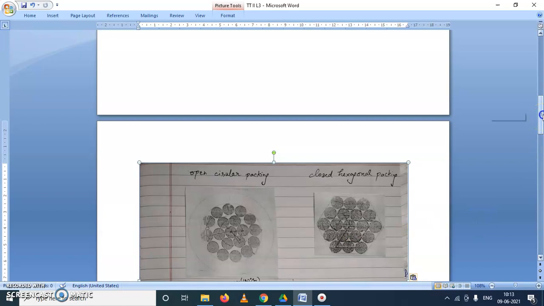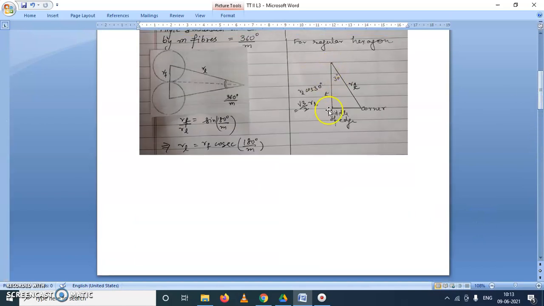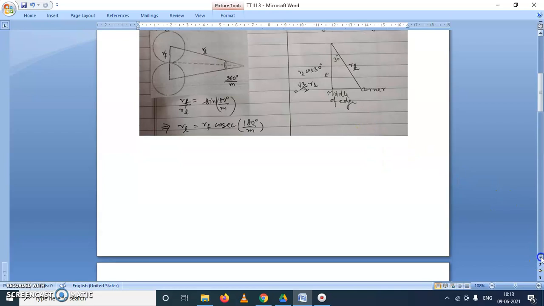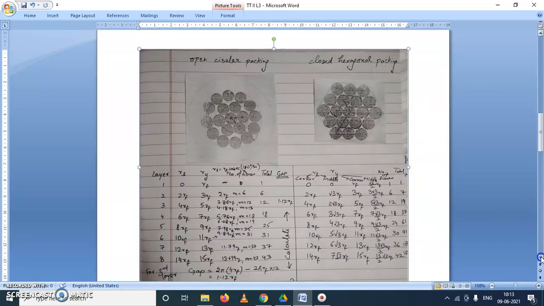Why is it so? Let us try to understand. If this is a part of a hexagon, it is a regular hexagon. Regular hexagon means 6 parts are there, and 360 divided by 6 will give you this angle as 60 degrees, and half of that will be 30 degrees. So, if we want to calculate this radius at the middle of edge, it will always be RL cos 30 degrees, if this is the radius of the layer at the corner. So, it will be root 3 by 2 RL. This is why I have multiplied root 3 by 2 in this case.